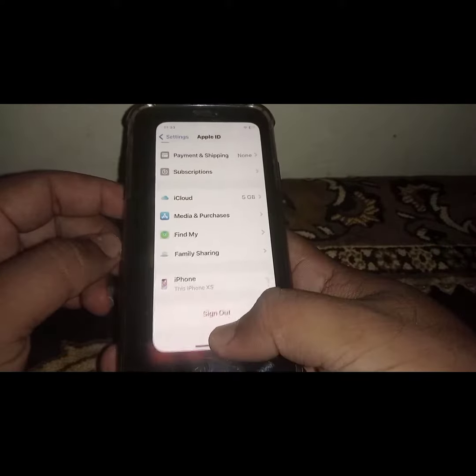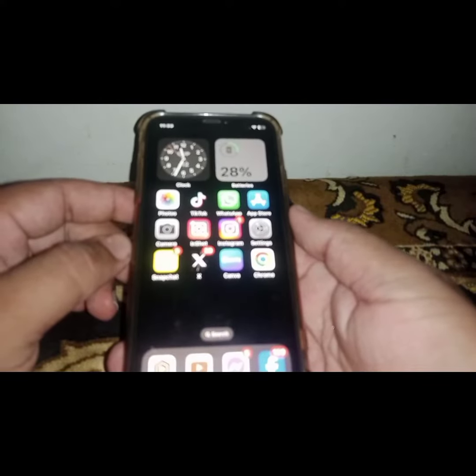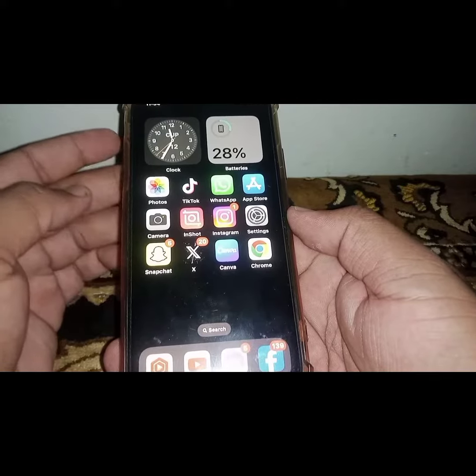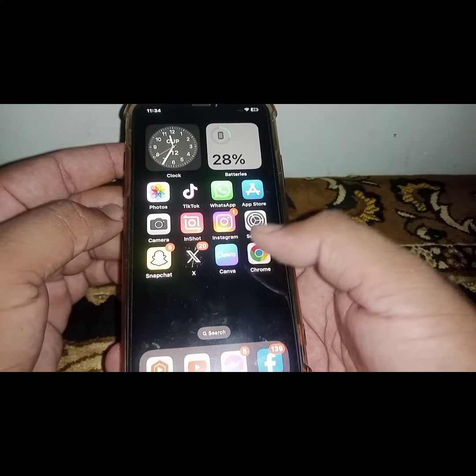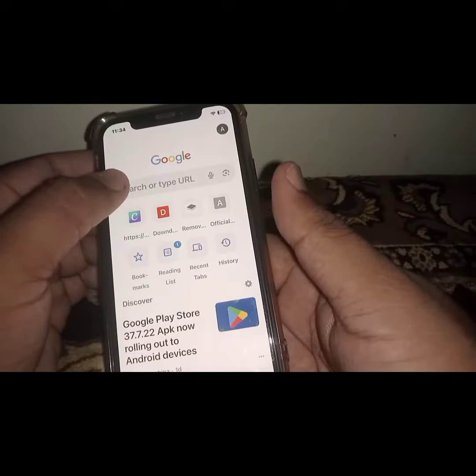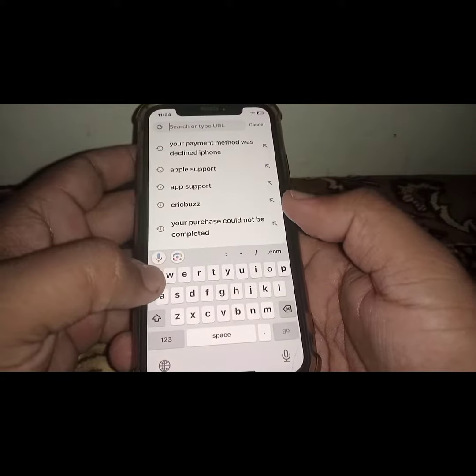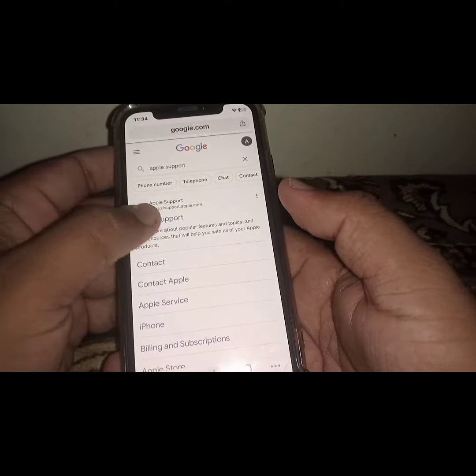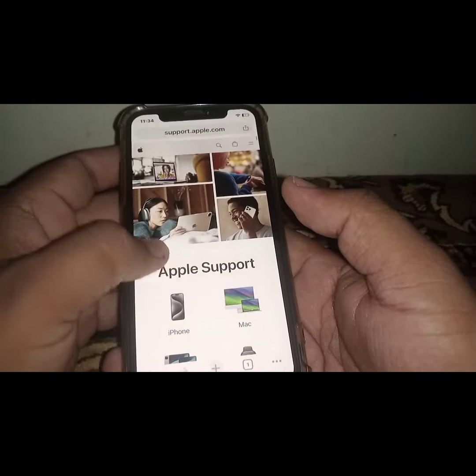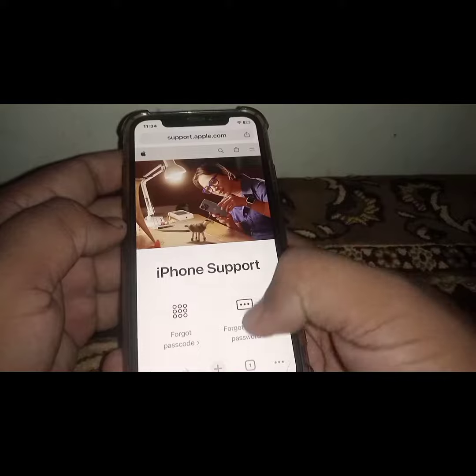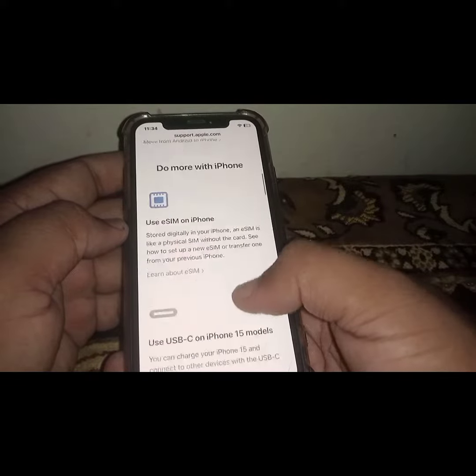If the problem is not fixed, then go for the last method. Go back to your home screen, and from here open any browser like Google or Chrome, and search for getsupport.apple.com. Click on the first link, Apple Support, and select your device. From here scroll down,